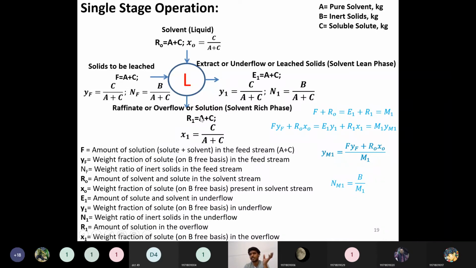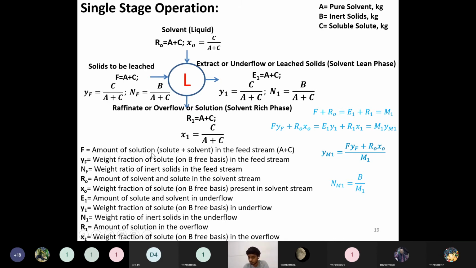There will be a very limited case in which some inert solids will be there. Because of that, I have not written this NR or something. If you want, you can take. Only in special cases will they give that type of problem, which will be very complex to calculate. So the notation scheme will be clear. Now I have written it clearly here.